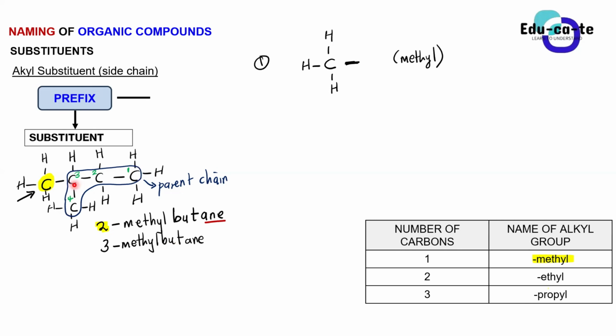So which number is smaller between 2 and 3? It would be 2. So essentially we'll take the one with 2, because our substituent must always occupy the lowest position or the lowest numbered carbon. Are we together, guys?